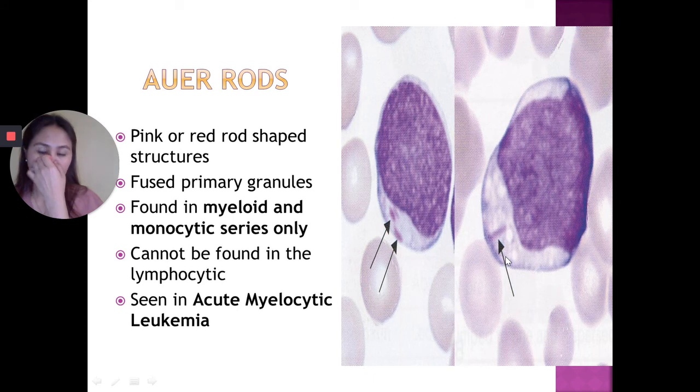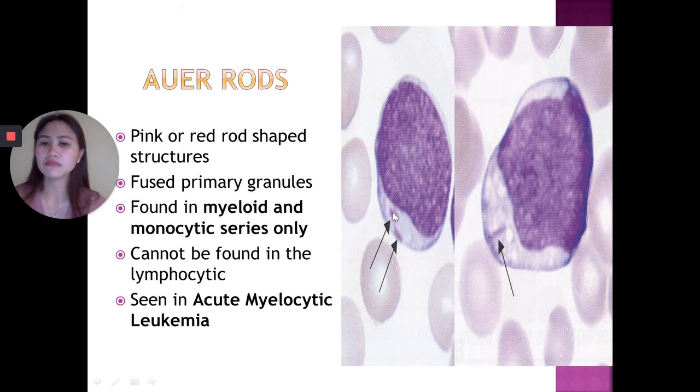The color of this particular rod is pink or red, and it is rod-shaped in structure. What are these actually? It is composed of fused primary granules, and when you find rods, you can have an idea that the patient might have